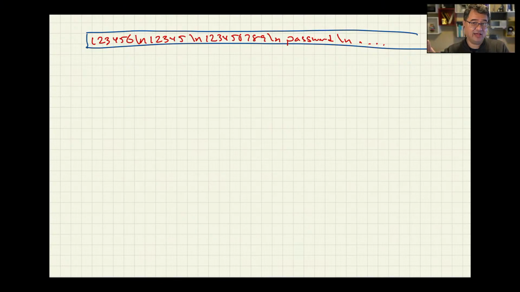So that's what the file actually looks like. It's just an array of bytes with new line characters interspersed. The way it gets displayed to us, every time it encounters a new line character, it just causes the cursor to go to the next line on the screen. So that's what gives us the appearance of being a two-dimensional thing, but really it's just a one-dimensional sequence of bytes.